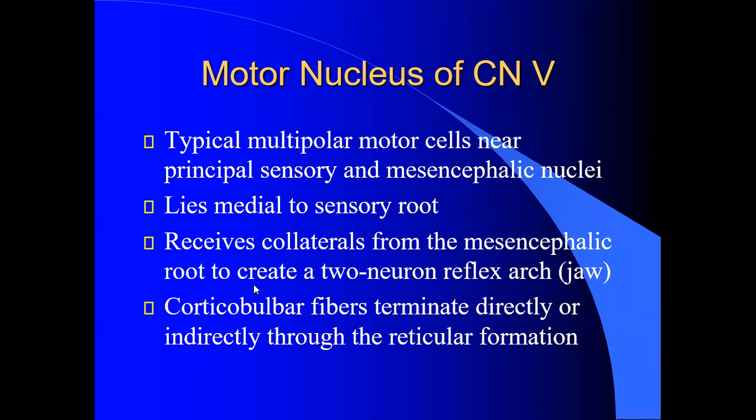And they also receive corticobulbar input directly. So just like before, when you want to talk, you're going to need direct control of the corticobulbar tract. When you're going to sneeze, bite, things of that sort, you're going to use your reticular formation or other local